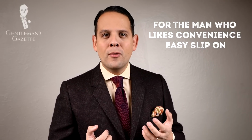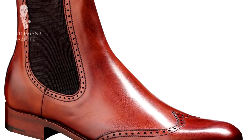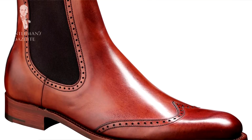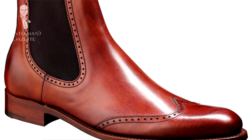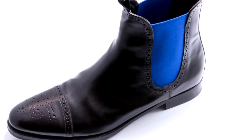So who are the Chelsea boots for? They're perfect for men who look for a convenience, easy slip-on version of a boot. Even though they're quick to put on, they're super elegant and classy and don't look sloppy at all. They're also great for eccentrics because you can add green, red, or blue inserts that really give you a personal